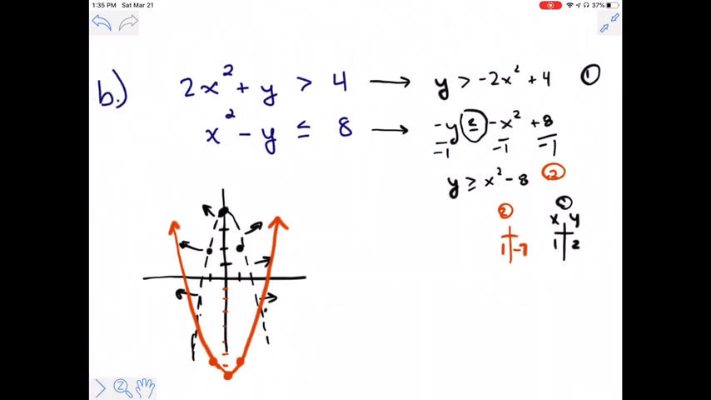The shading, if I choose a test point, 0, 0, and let both x and y equal 0, then I end up with a statement that 0 is less than or equal to 8, which is true. 0 is less than or equal to 8. So for this red one, I'm going to be shading towards my test point, which is inside this parabola. So I'm shading inside